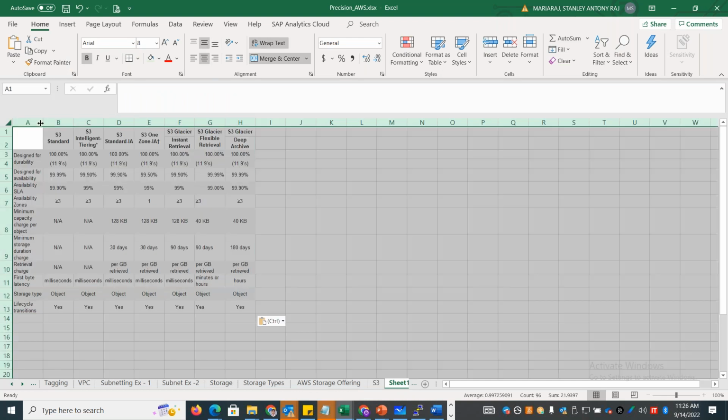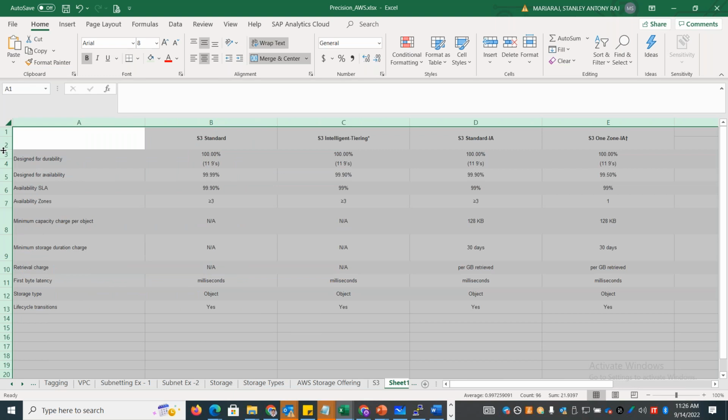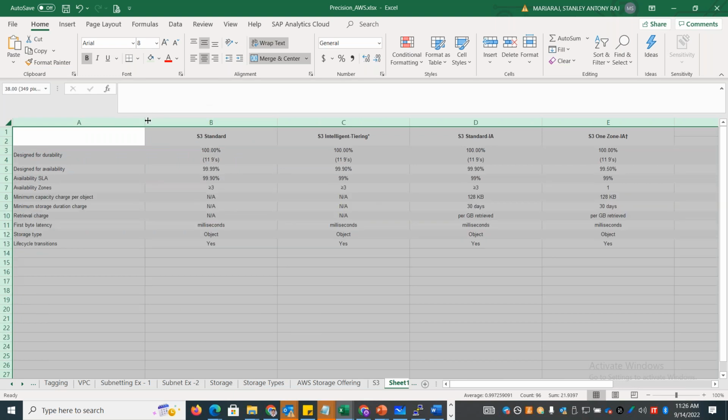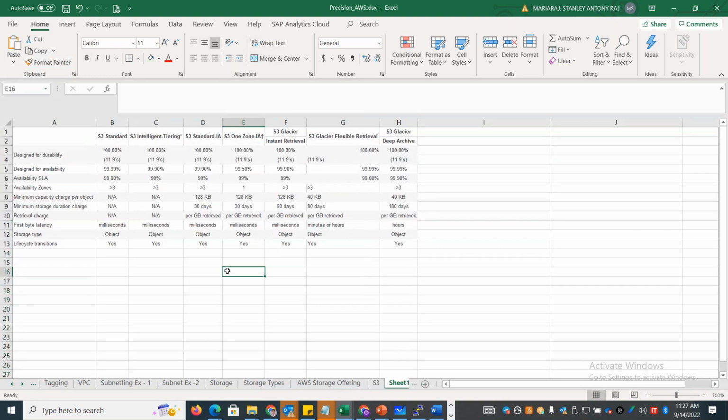Okay, so these are the different types of S3 categories or storage classes that we have, and within this you can see that there are a lot of differences. The very first thing is Amazon is providing you 11 nines of durability in almost most of the categories, except